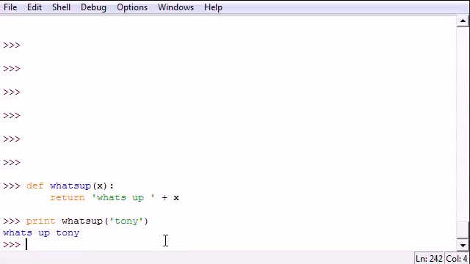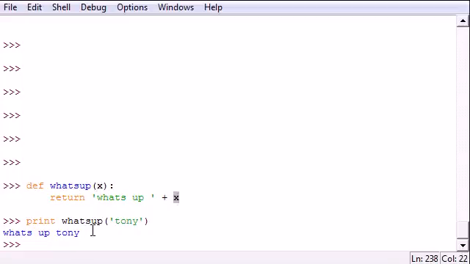So let me go ahead and run this, and it says what's up Tony, and let me show you guys what exactly happened here. This is our program right here. It says print what's up Tony. Well, what is what's up Tony? Oh, you created a function called what's up. Alright, so whatever parameter this is, I'm going to throw this in for X. So again, that's why I use the parameter. It's like a temporary placeholder for whatever parameter this is. So whatever you put inside your what's up, it gets called to this one right up here,